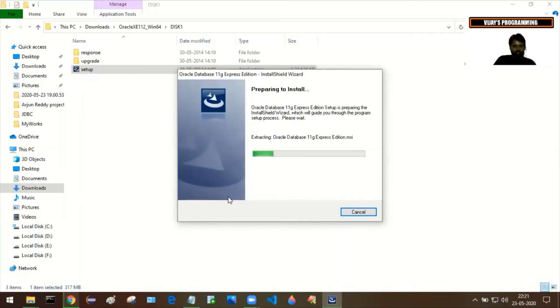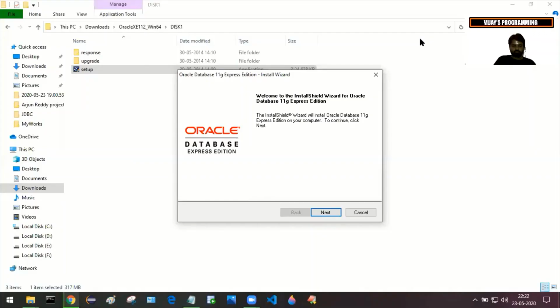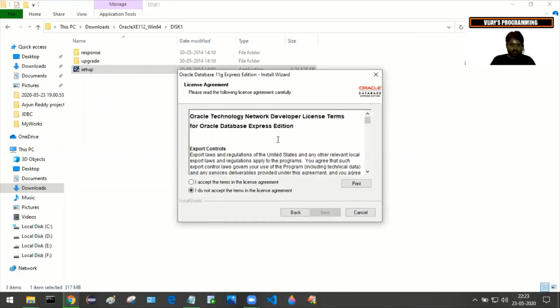First of all, it is extracting the installation files. Extracting got finished. Now this is the main installation window. Here you just need to click on next, accept the license agreement,